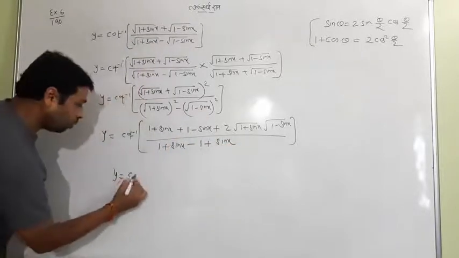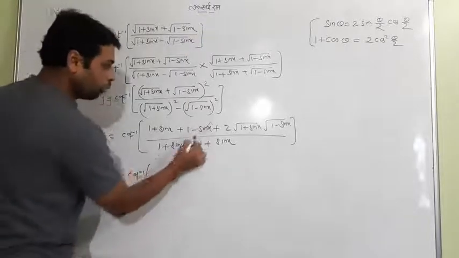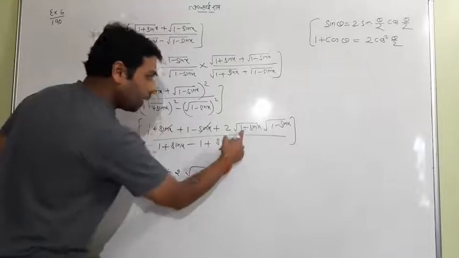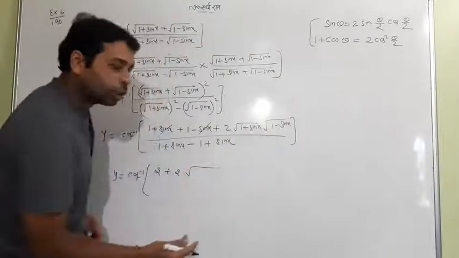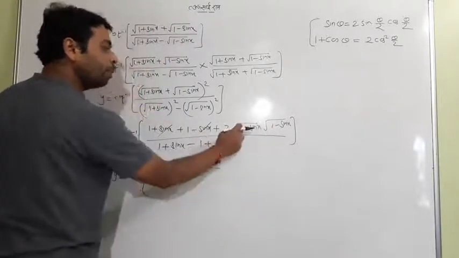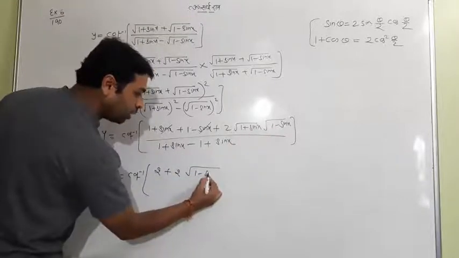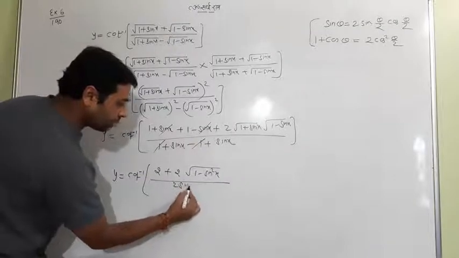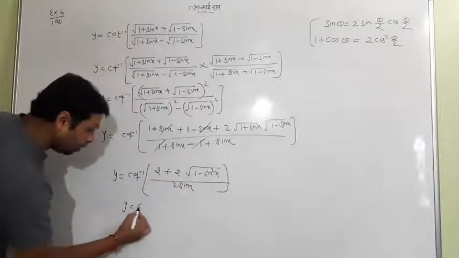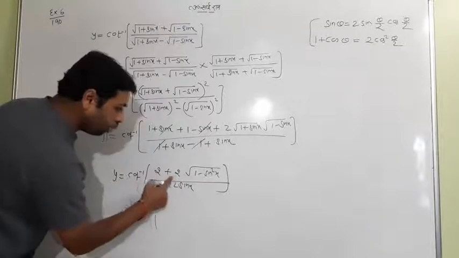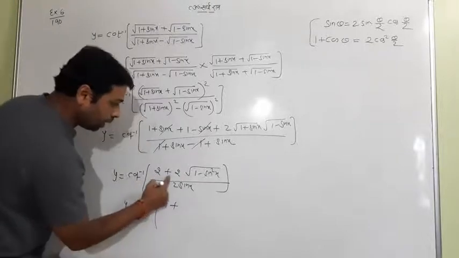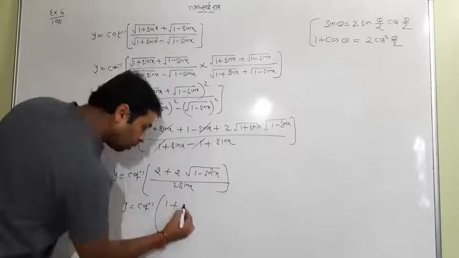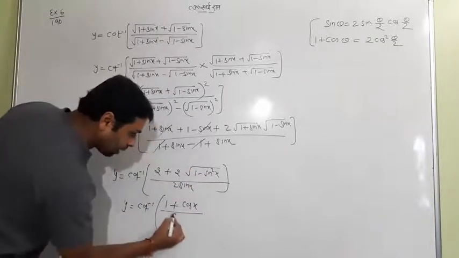What is coming next now? It is cot inverse. So both signs will cancel. 1 and 1 will be 2 plus 2 times the root of (a plus b) and (a minus b). I will join both under the root sign. It will be a square minus b square, upon 2, since the 1 and 1 cancel, it's 2 sin x. Now what about the next term? It's cot inverse of, 2 and 2 will cancel. 1 plus root of 1 minus sin square is equal to cos square x. It will come out from the root sign, it will be cos x upon sin x.